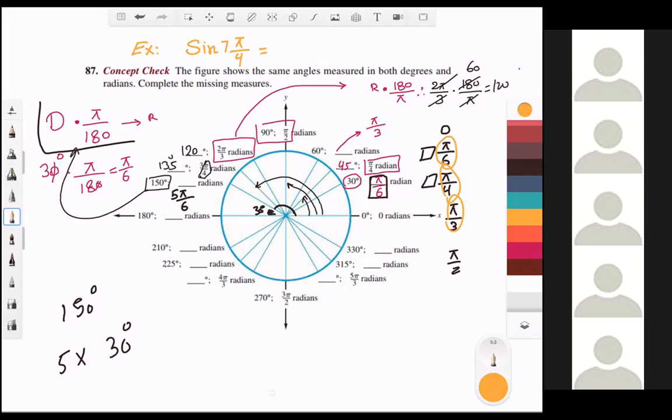So we're dealing with radians. You need to know this much of pi over 6, pi over 4, pi over 3. I mean, you don't need to use a formula to say what pi over 4 is. Pi over 4 is 45. So this question, this is 7 pi over 4, so we are dealing with pi over 4. So the answer will be sine of pi over 4, but you need to know which